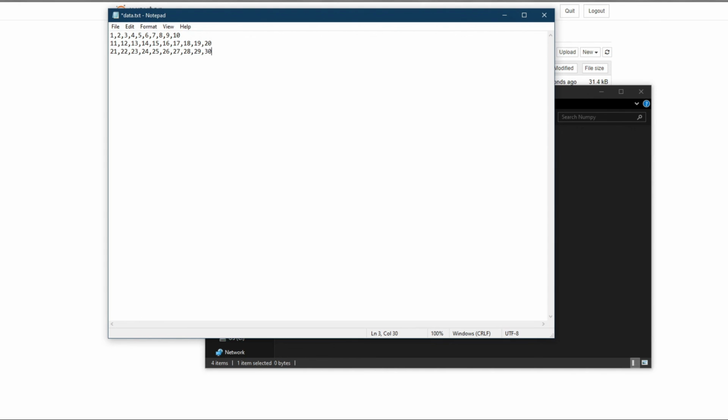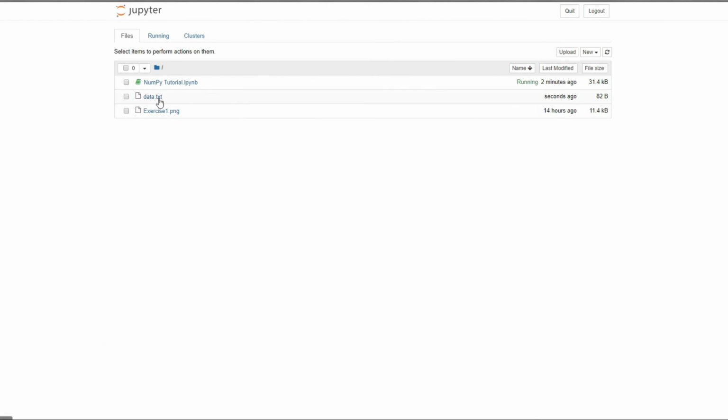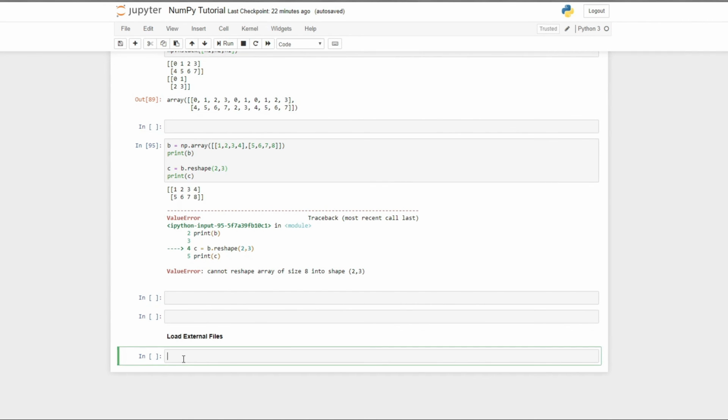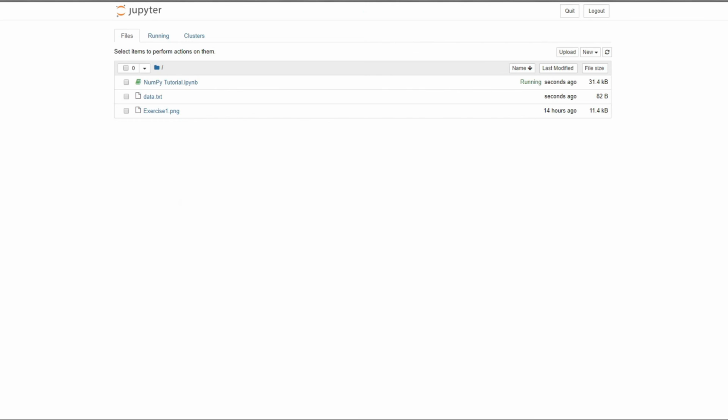Okay, so you can see over here, we have these 3 rows with 10 columns each. So yeah, now we want to save this file, and let's see over here. You can see it is now saved. And if you want to get that external file, we need to write np.genfromtxt. Okay, so let's do that. np.genfromtxt. Now we have to write the text file name. So in this case it is data.txt,